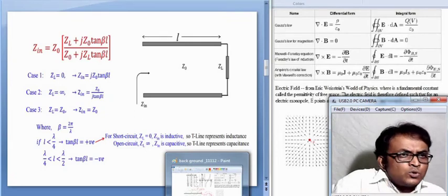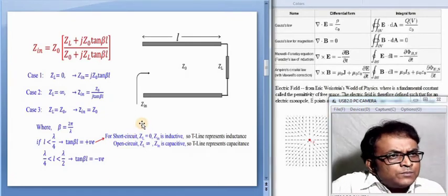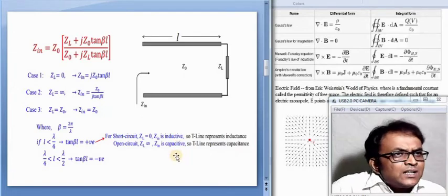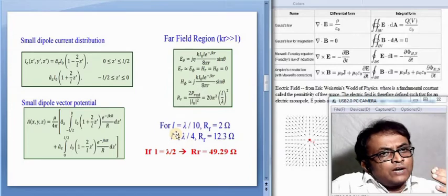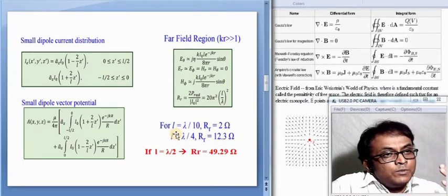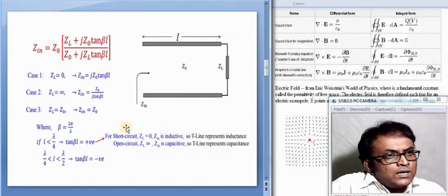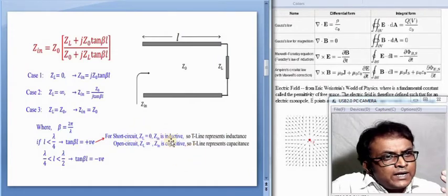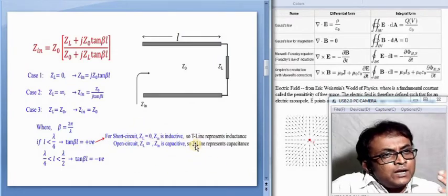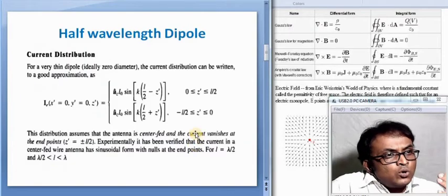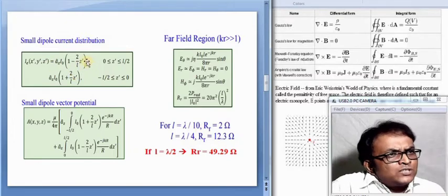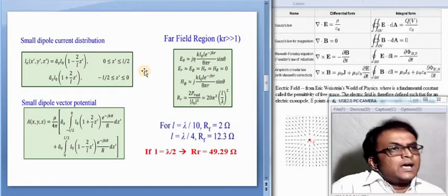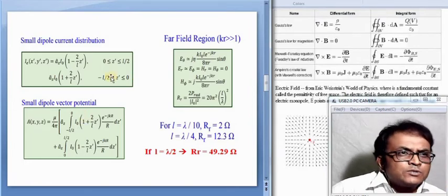In addition there will be some resistance, and the capacitive reactance is also there. So in the next step we have to find out how the radiation resistance will be taken care of in that case, because we know that this antenna, which is basically open ended, has a huge capacitive load. The current distribution here can be found as usual, for the positive side of the Z direction, and for the negative side of the Z direction the current distribution is given there.